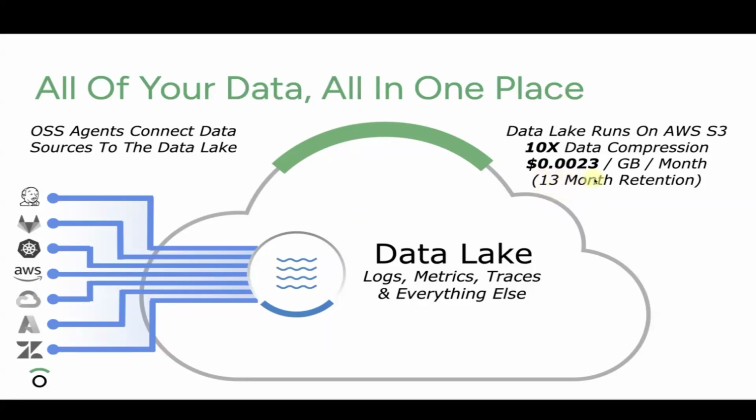Also, all of our customers get 13 months of retention by default. So just out of the gate, that's what we give everybody. And a lot of times people say, oh, wow, that sounds expensive. But the way that we can decouple storage and compute, and since we've partnered with Snowflake to deliver our backend, one of the things that is really nice about our platform is that we average about a 10x data compression. So for every 1 terabyte that comes into our platform, we're going to compress that data 10x. If we even use a number like 10 terabytes, a nice number that we know will compress nicely,